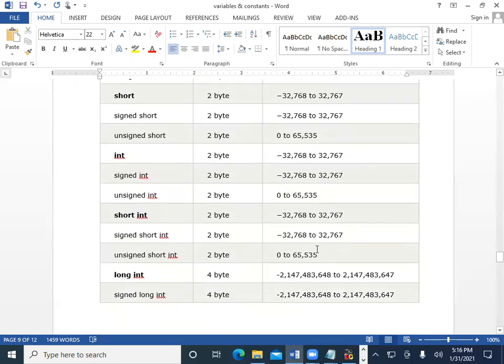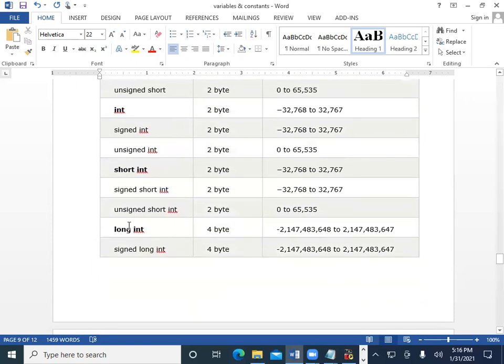Then short integer, signed short integer and unsigned short integer. It takes 2 bytes and its range for signed is minus 32,768 to 32,767, and for unsigned short integer its range is 0 to 65,535.